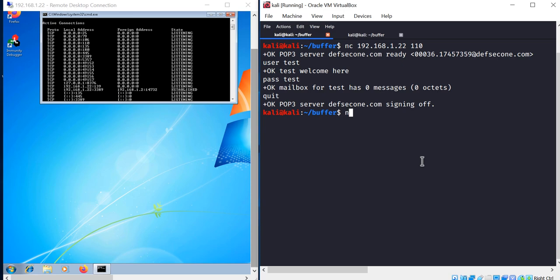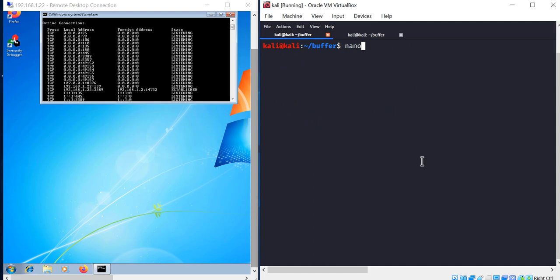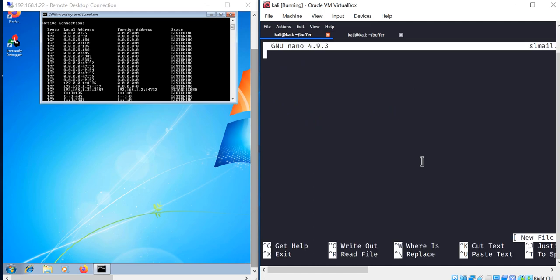To do this, I'll just say nano slmail.py. I already have that file. Let me delete it, clear the screen, and then say nano slmail.py to build it from scratch. I write /usr/bin/python, and since it is going to connect through a TCP port, I import a library called socket. I just say s equal to socket.socket and say